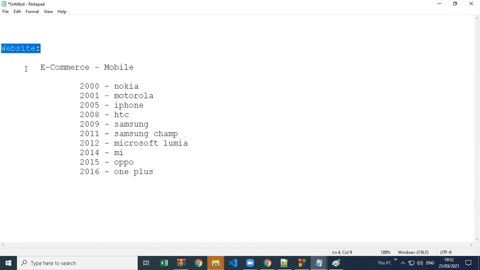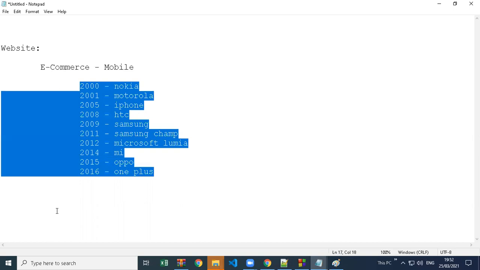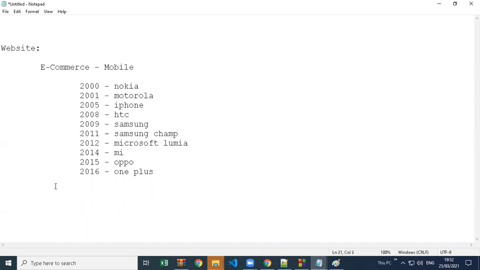And now in my website, if I show this data in same order, so if I suggest my audience of website, my website, if I show this mobile first, because in my database, in my table, I have Nokia mobile first stored, and if I take Nokia mobile and display, no one is going to buy now. So I have to show them OnePlus mobile. I cannot show them Nokia mobile now, because no one is going to buy. So now here we have a need to display in a reverse order, or you can say latest product first.